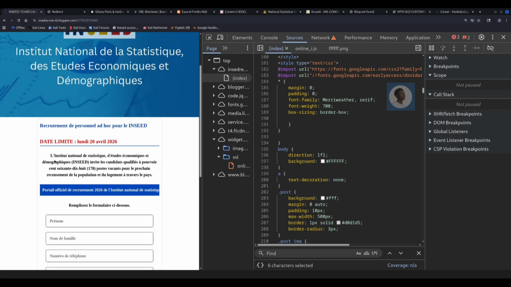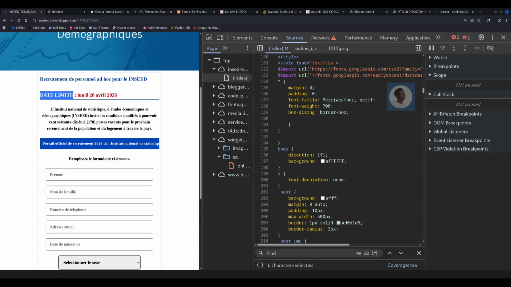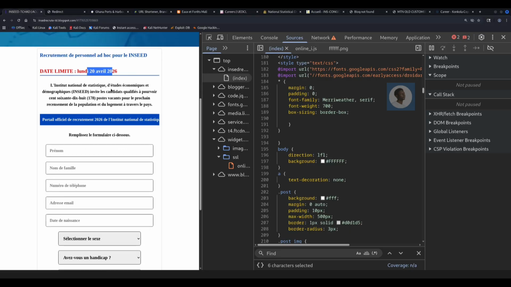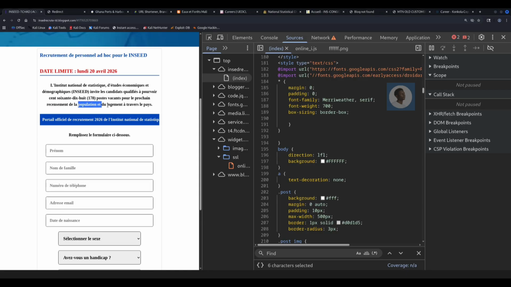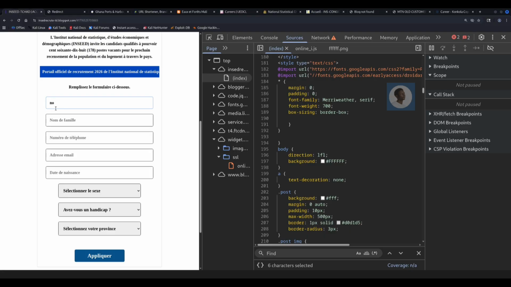You can clearly see as well that there is a date limit of 20th April 2026, and this portal invites qualified candidates for about 178 vacant positions for the upcoming census, or let me say population census, across the country. So we've gotten a fair idea of what this is about, but this form does not really